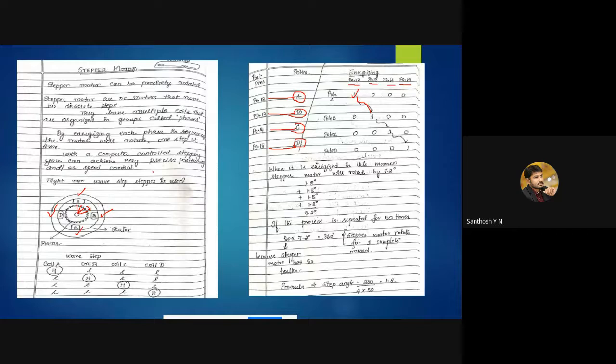So totally, energizing in this manner, it takes 1.8 plus 1.8 plus 1.8 plus 1.8, making the motor rotate only 7.2 degrees.